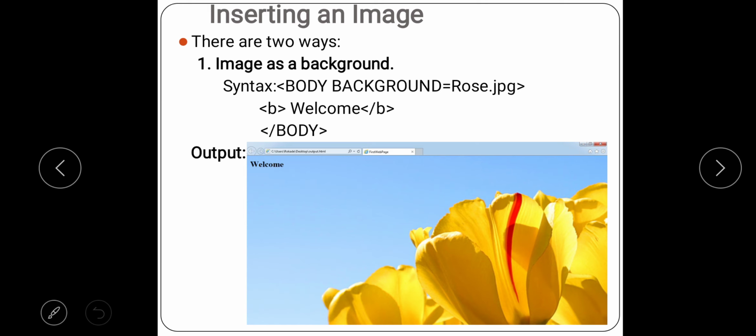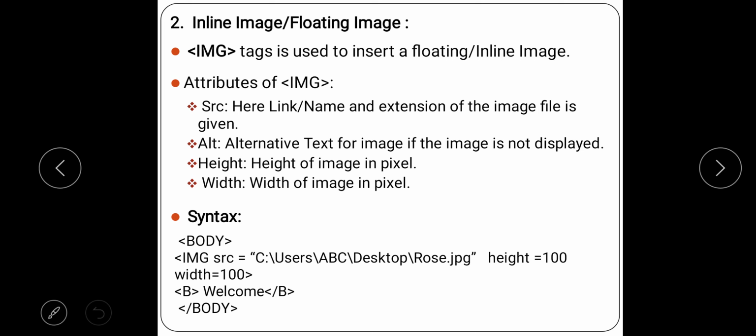Now let us move to another slide and see the second way how to add an image, right? The second way to add the image is called inline image or floating image. So now the background attribute won't work here.